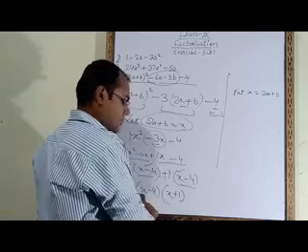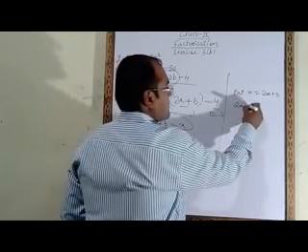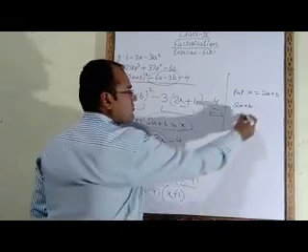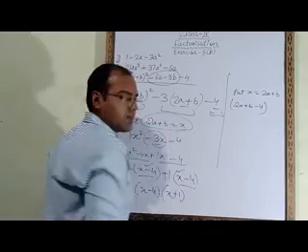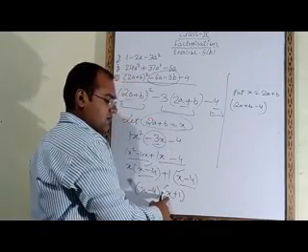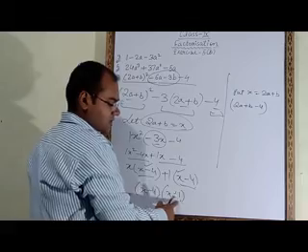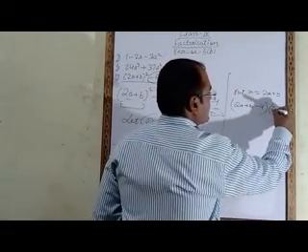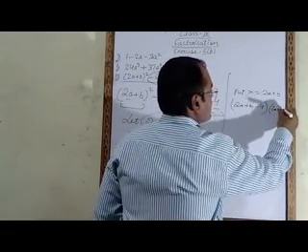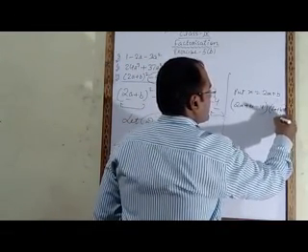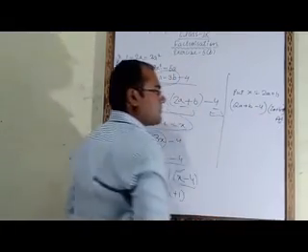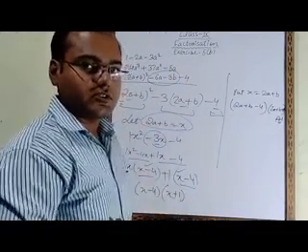So instead of x we will take 2a plus b. After that minus 4. This one we have to write in one bracket. Here also instead of x we have to take 2a plus b. So 2a plus b plus 1. This is your final answer. So like this you have to do such questions.